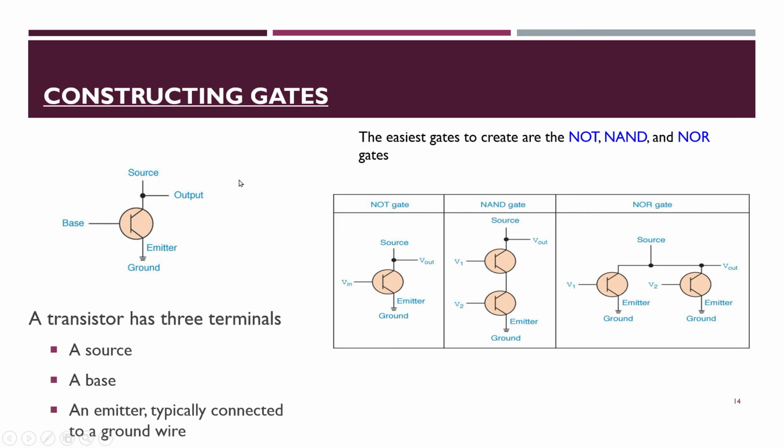So we have seen the picture of logic gates. As I already told you, the logic gates are made up of many transistors. So what actually is a transistor? This is the diagrammatic representation of a transistor. A transistor consists of 3 terminals: source, base, and emitter. Here you can see the NOT gate, how the NOT gate is arranged with the help of transistors. For the NAND gate, this is the arrangement of transistors inside the IC. And for the NOR gate, this is how the transistors are arranged to form the logic gates.